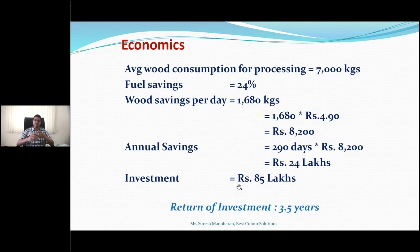annual savings. And the total investment for this entire waste heat recovery from three sources, one is the effluent, cooling return, and flue gas, is 85 lakhs. So the return on investment calculation is 3.5 years. This is on a theoretical basis, but what we have done as an agreement with Bosch is, instead of